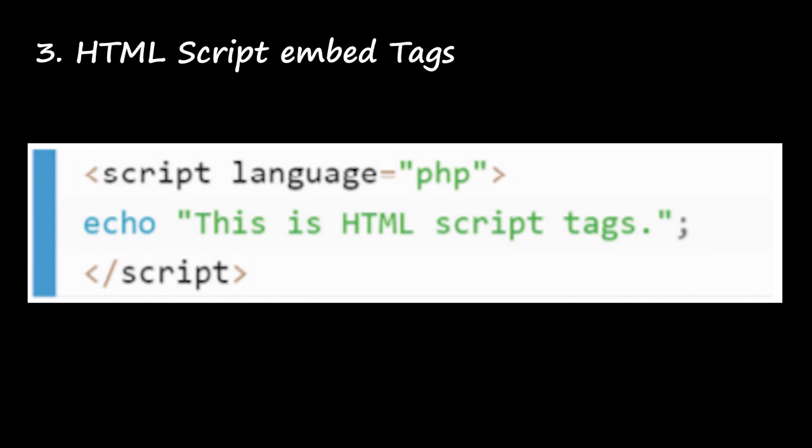Here see the syntax, the HTML syntax. Script language is equal to, there we wrote Java, right? Here this is PHP. So we are giving script language is equal to PHP, echo. Whatever you give in between these double quotes will be displayed in the output side, and then slash script is the end tag for the script.